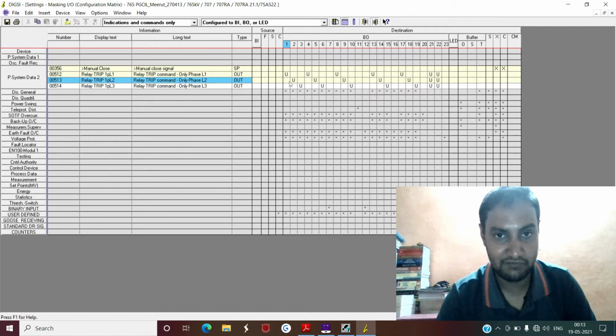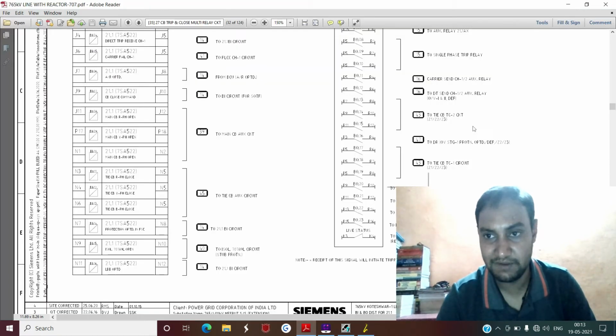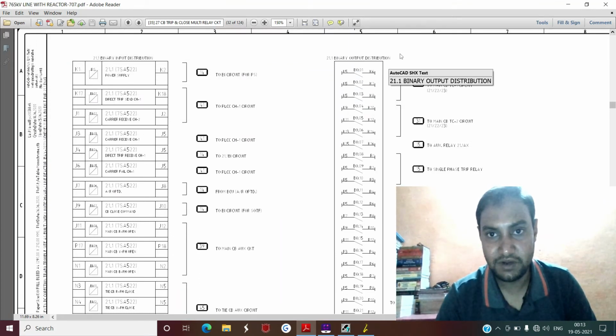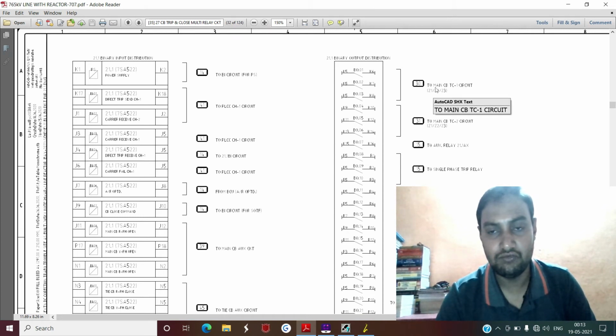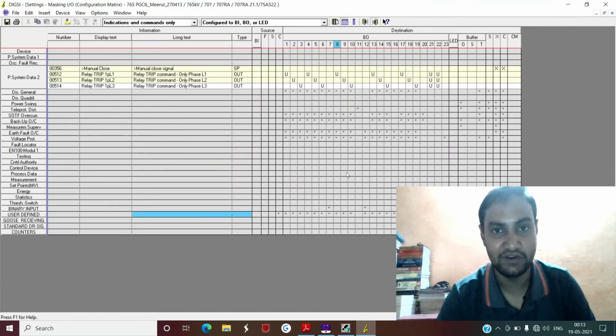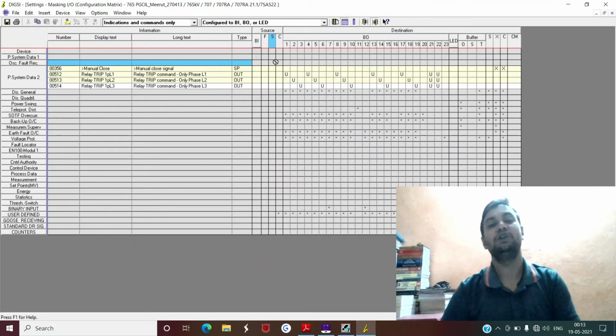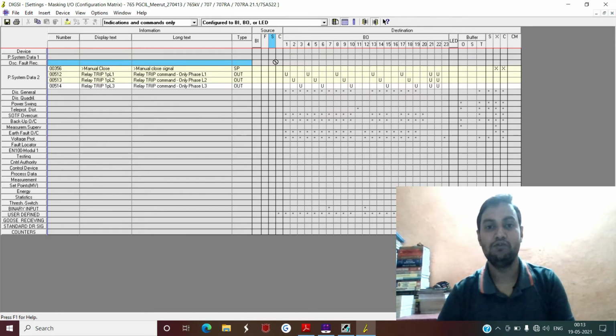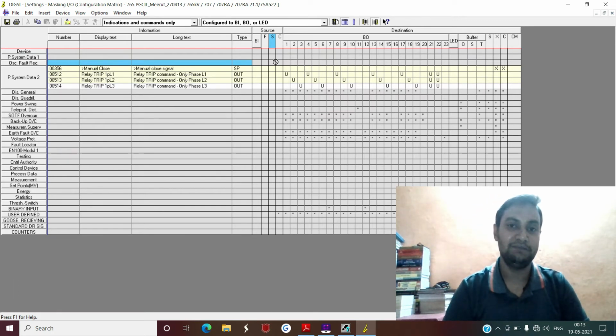So if you see here 1, 2, 3, now in the scheme drawing, output number 1, output number 2 and output number 3 are for the main CB TC1 circuit. That means output numbers 1, 2 and 3 are to be configured for your main CB tripping coil 1. I have already explained to you what the main CB and tie CB are.